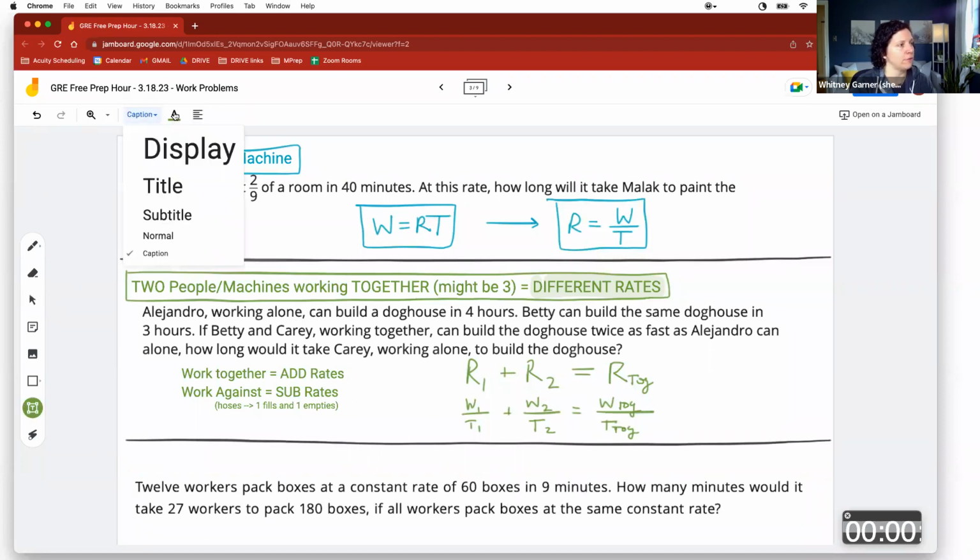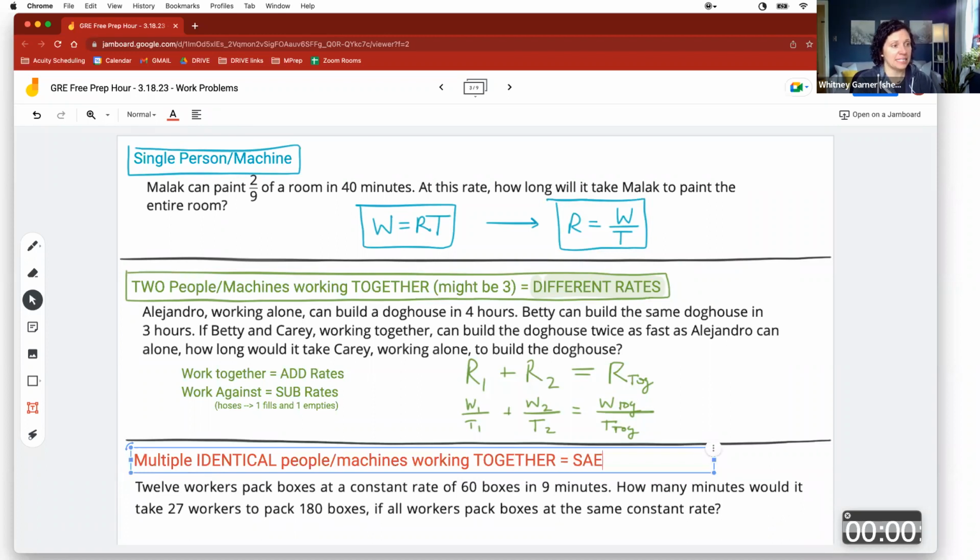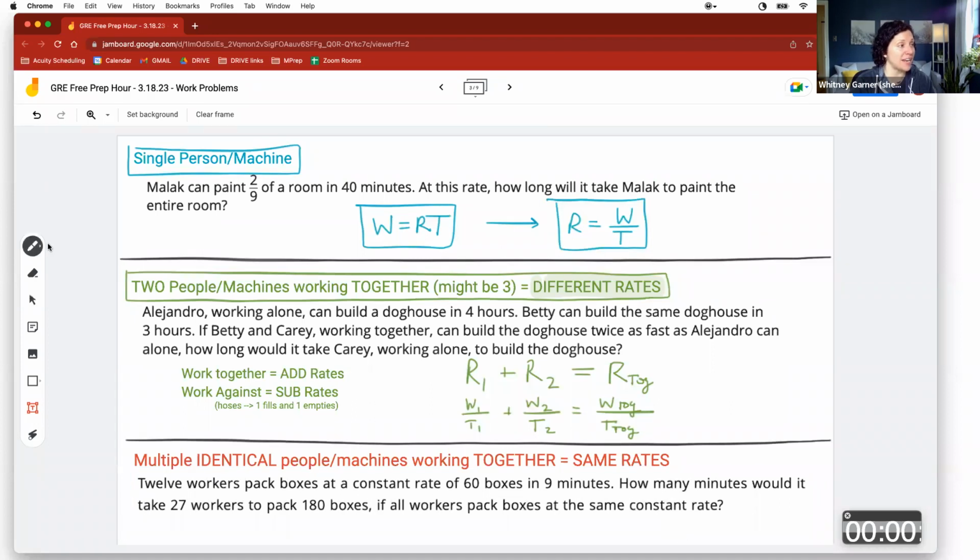This is where we have multiple identical machines or people. Okay. So the key here is some number, doesn't matter how many, but it's multiple identical people or machines working together. Key here again, same rates. For this group, we are going to use a ratio, kind of a weird ratio of work. So we'll look at it as workers. I'll write it down, it's a little easier this way. We'll go workers